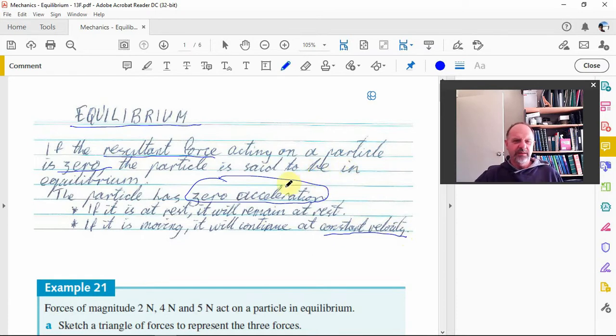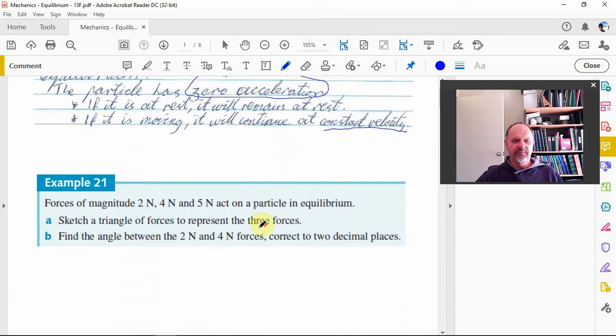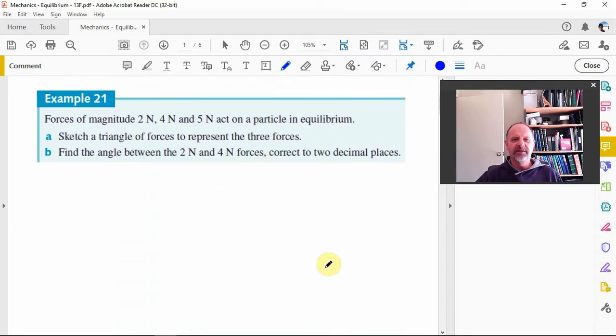Alright, so let's have a look at an example. Here's example 21 that I've got here. Forces of 2, 4 and 5 Newton act on a particle in equilibrium. Sketch the triangle of forces to represent these three. Alright, so the resultant force is equal to zero. So that means that whatever we start off with,